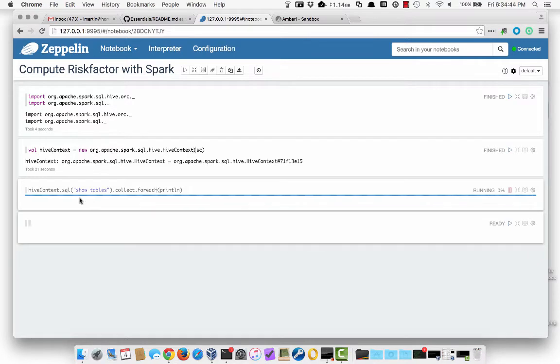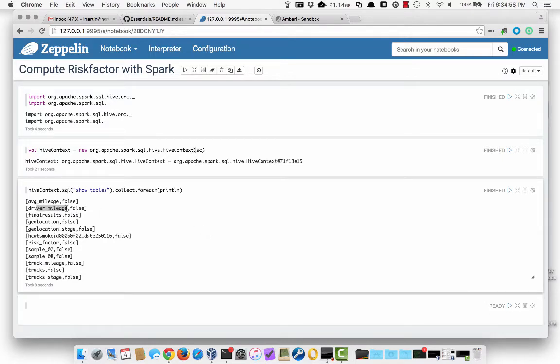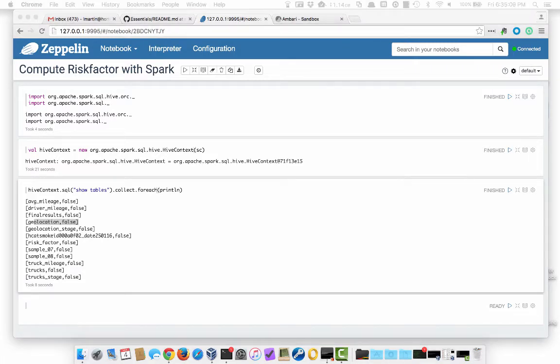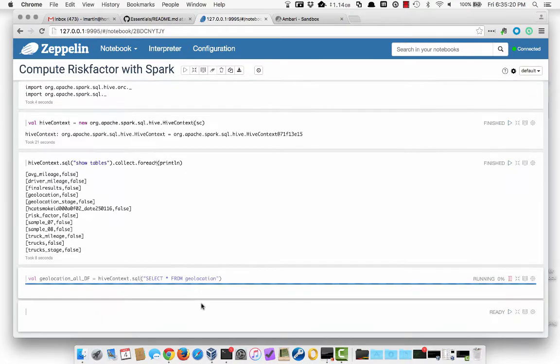And now that we do have that Hive context, we can do straightforward things that we could do directly in Hive. For example, here we use the Hive context's sql method, and then we'll just run some operations. So we'll run a show tables and then just via some Scala code loop that through. These are some of the tables you probably recognize: the driver mileage, the trucks, the geolocation tables that we did earlier. And what we're going to do here is load up into a Spark SQL data frame the data that is in the geolocation table that we just mentioned. So I'll run that,